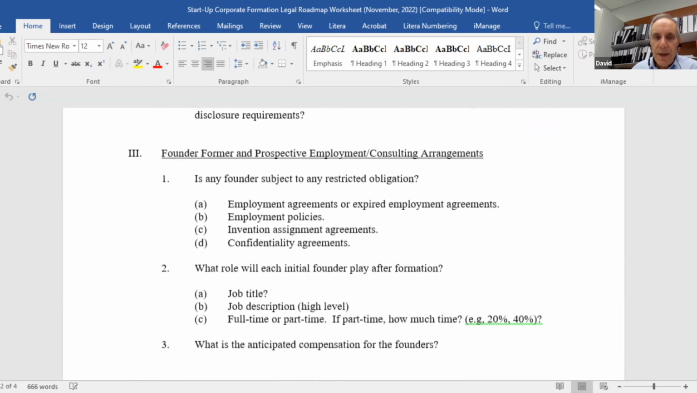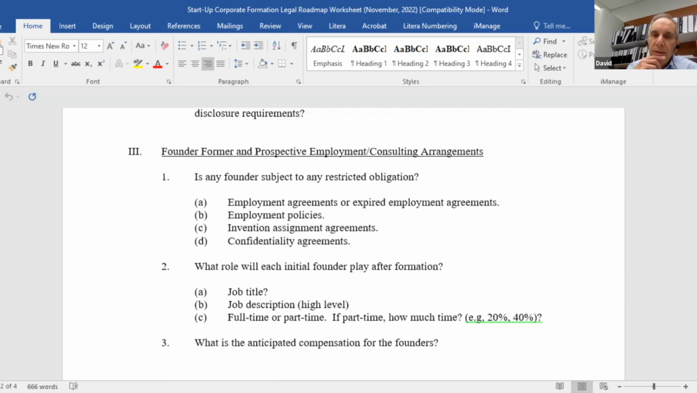Now let me talk about the founder and employment arrangements. The first thing we wanted to make sure is that the founders are not subject to, I call it founder clearance. Let's make sure that the founders don't have any conflicting obligations, so they're not subject to any non-competes or non-solicits, anything coming out of their former or other current arrangements that would be in conflict with